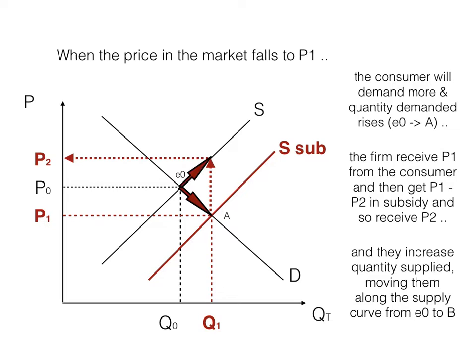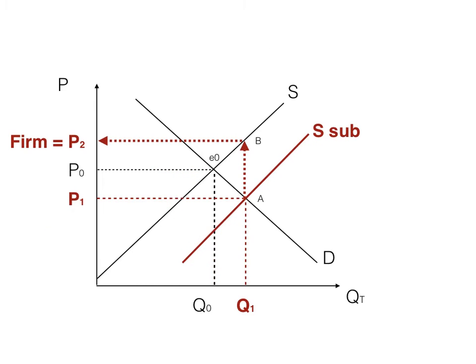Both consumer are going to move along their demand curve, and the producer is going to move along their supply curve to the new equilibrium. So we are now in equilibrium at this high price from the producer, that lower price that the consumer gets. Both the producer and the consumer are going to produce and consume a quantity of Q1, so we're in equilibrium. Hope that makes sense. So, moving on,